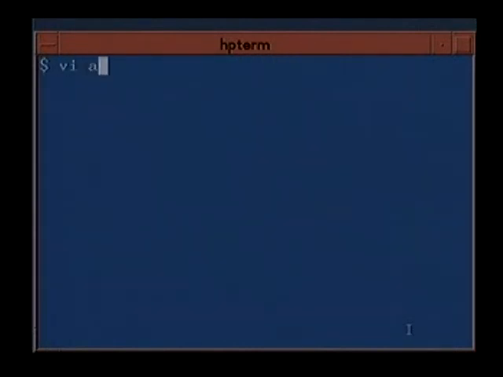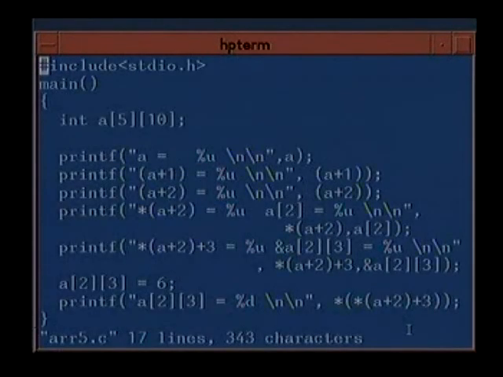So now let us see the last example for a 2-dimensional array. Please pay attention. Suppose we have a 2-dimensional array A[5][10]. As we discussed, A[0] to A[5] is an array where each element is a 1-dimensional array of 10 integers.